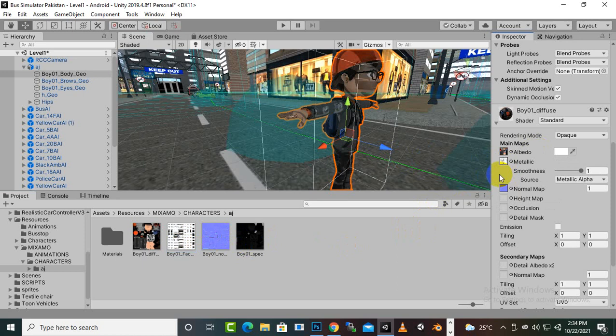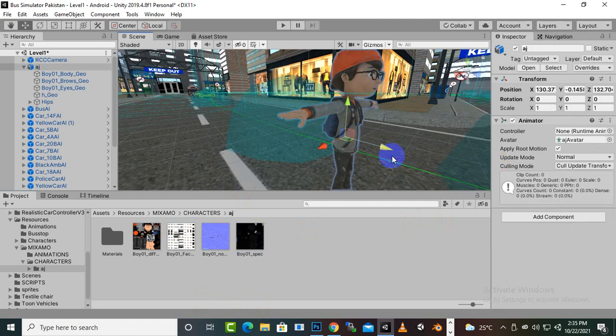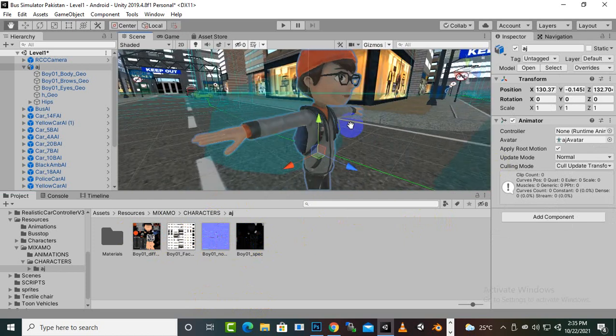Sorry, this is not the metallic map, it is actually the facial anim map, so we will not use this, and we can definitely use the metallic map, etc., if you want to. Okay, and you can create your own maps as well, like height maps and some other maps, and use them to get better results.